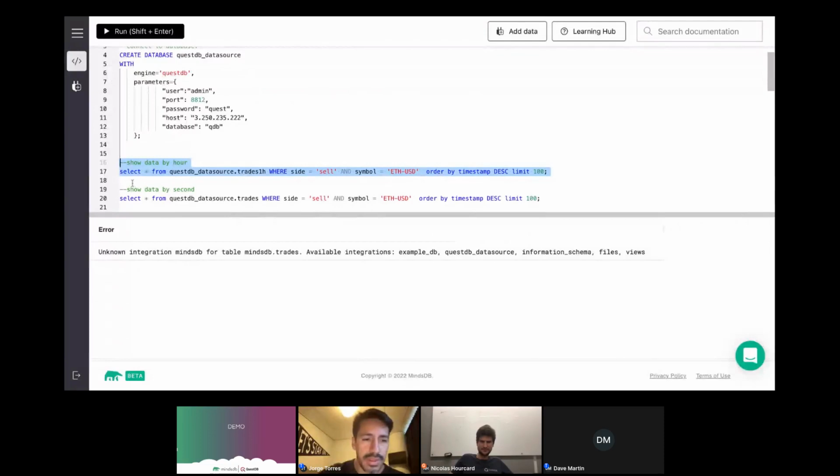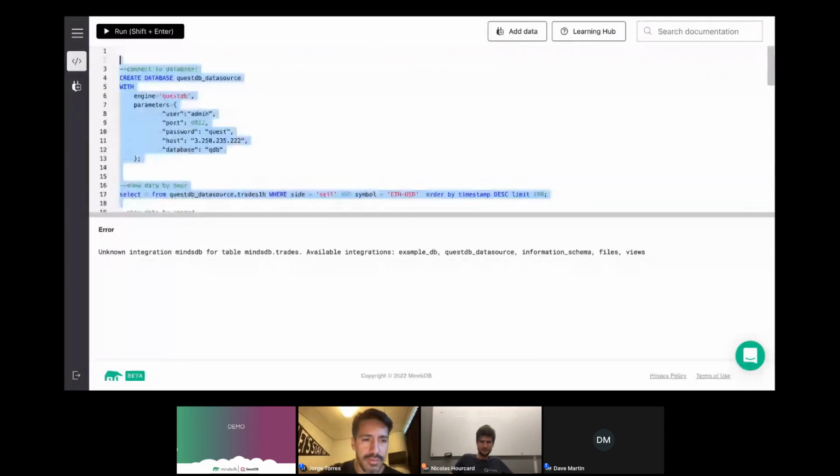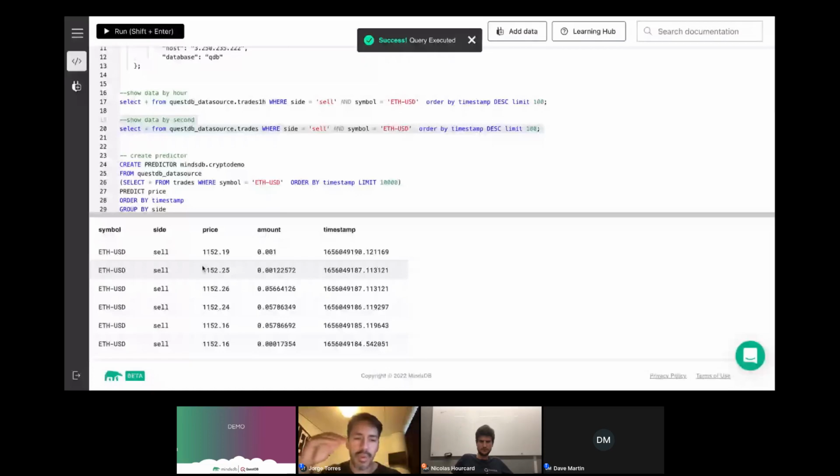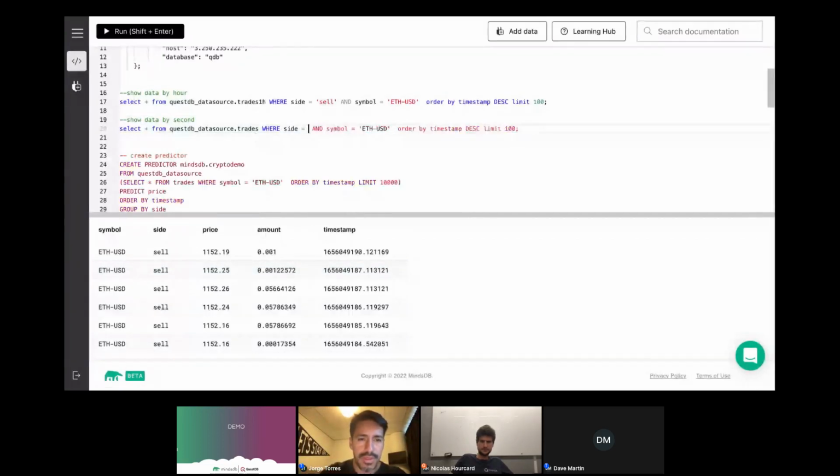This particular server has information about crypto trades for many different assets. We're going to specialize this demo on Ethereum to USD. As you can see here, there are different data points with a one second resolution. So every second, this data gets updated, and you have the price at this time. We have sell and buy, so let's look at both of those. Actually, let me just remove this so you can see.